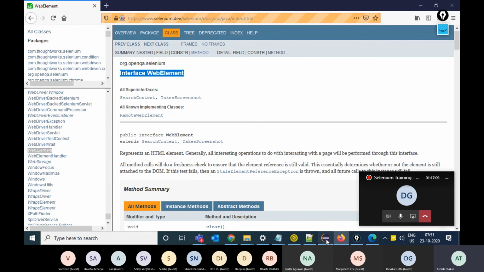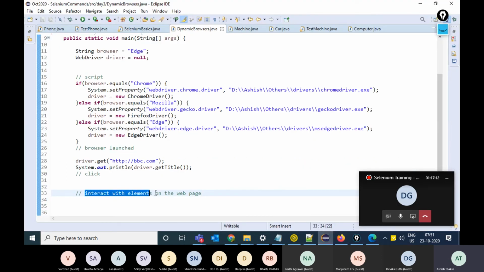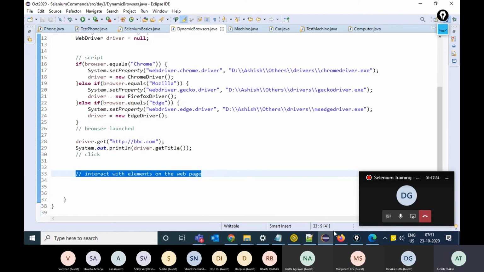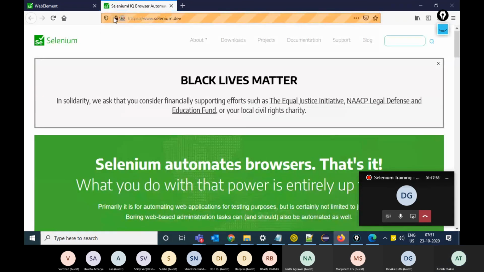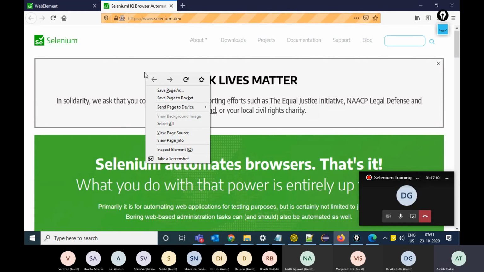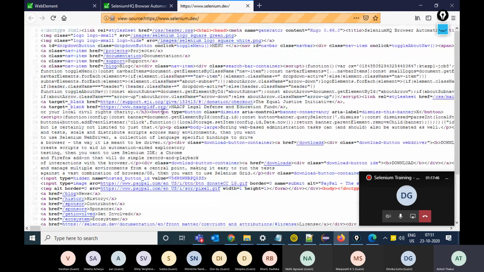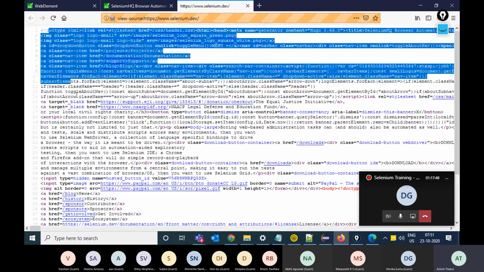Next in our agenda is to help you understand how Selenium works and how it interacts with the elements on the web page. Technically Selenium will be using this WebElement interface, but the first thing you need to learn is HTML. If you right click on any web page, you get the page source option. This is the HTML web page source. This is actually the response from the server.